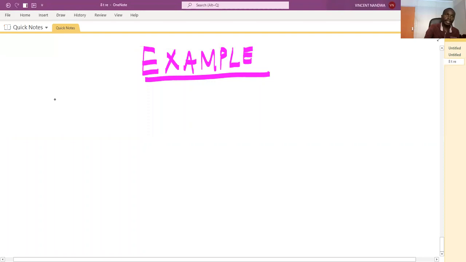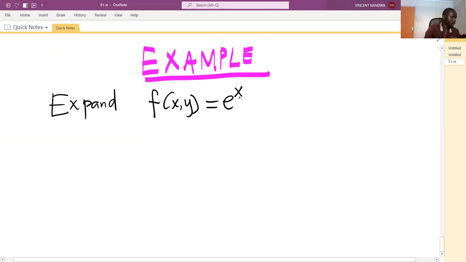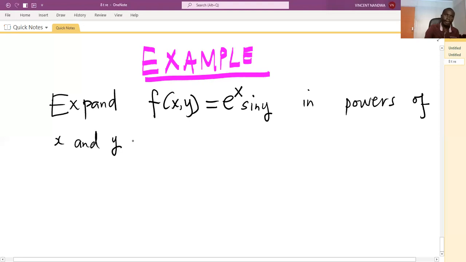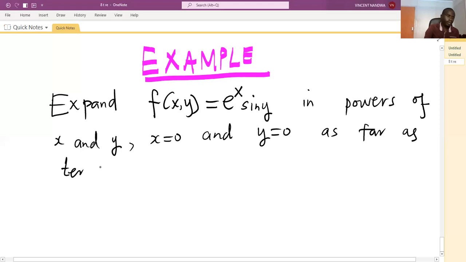So the example is: expand the function f of x, y given by e raised to the power x sine of y in powers of x and y, x equals 0 and y equals 0, as far as terms of third degree. So that's the problem. So remember, this is an example